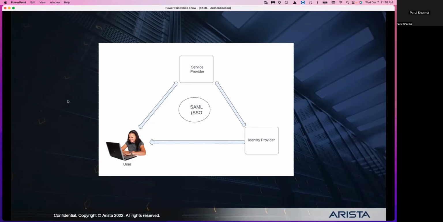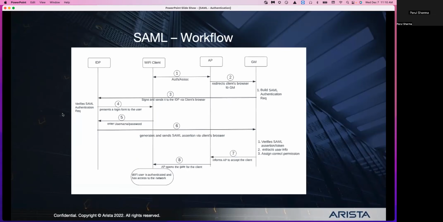Here is the workflow. After initial layer 2 authentication and association, AP redirects client's browser to the guest manager. Guest manager, acting as a service provider, builds a SAML auth request, signs it, and redirects the client browser to the IDP. IDP will verify the authentication request, and if found valid, it will present a login form to the